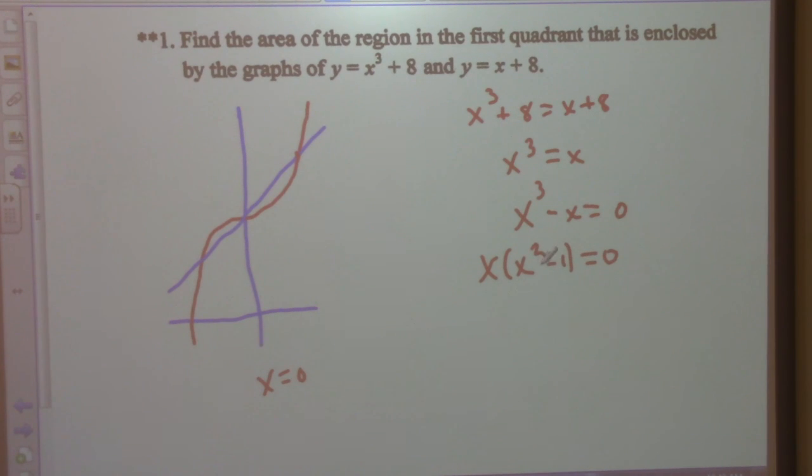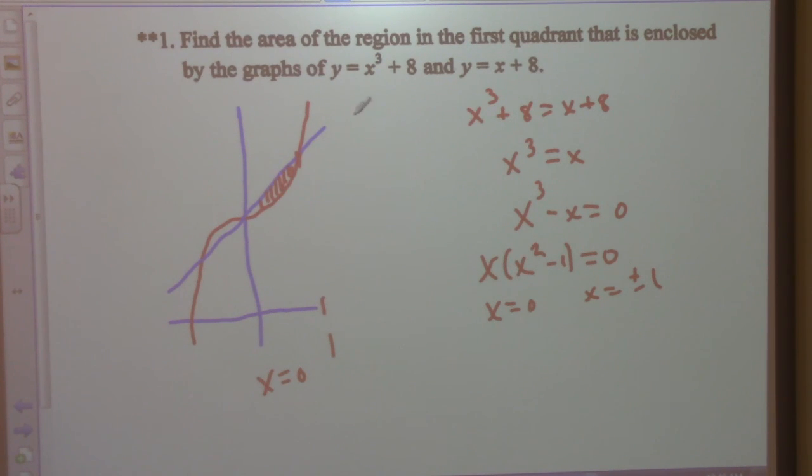So what do we have here? We have x equals 0, x equals plus or minus 1, right? Because we have x equals 0, and with this x equals plus or minus 1. So what is this going to be here? 1. So what is going to be our,